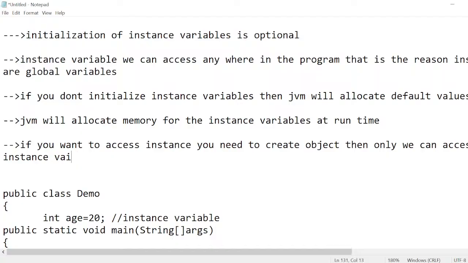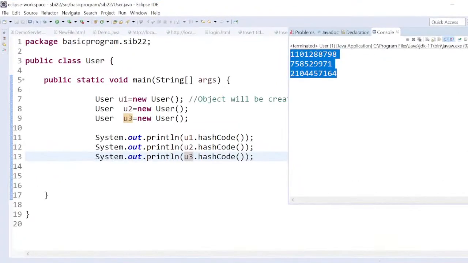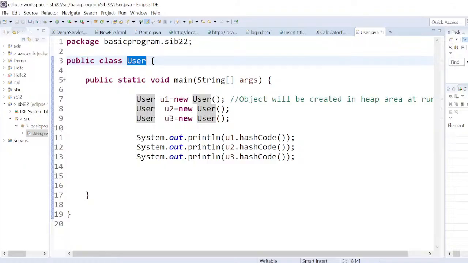Are you clear with my statements, what I'm saying? So I can show you programmatically. This is the program. Once you are clear with this one, now